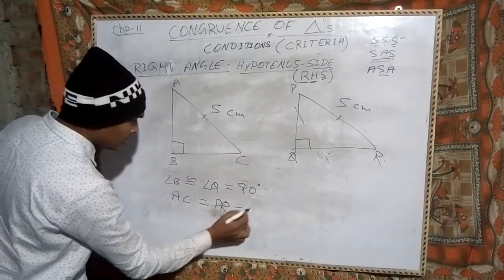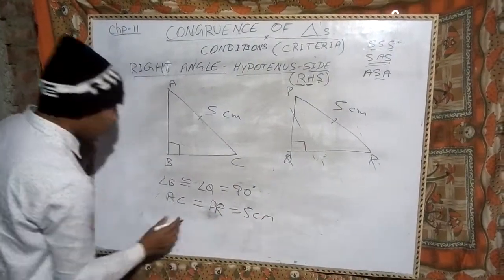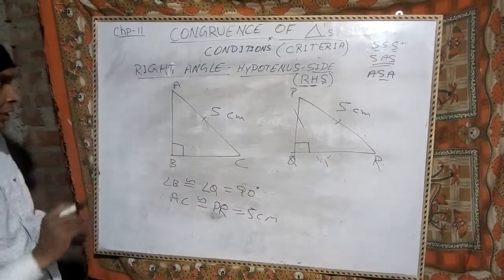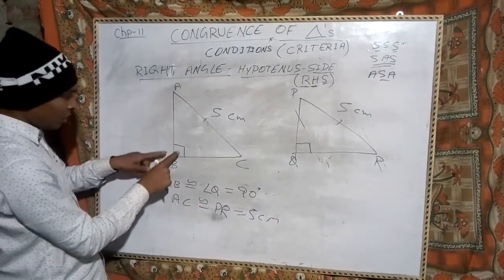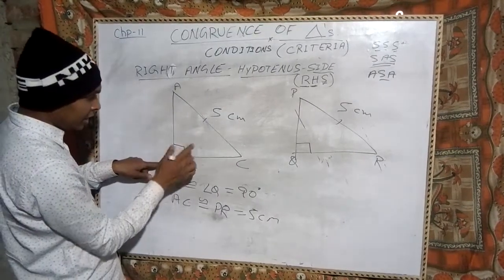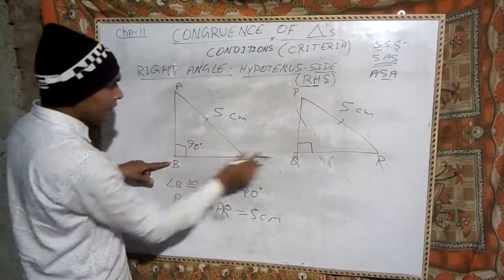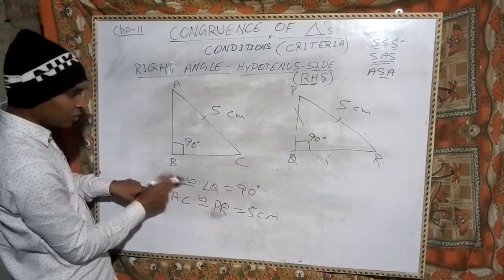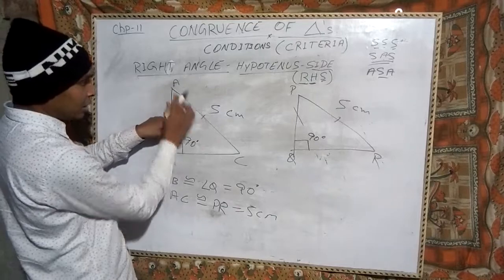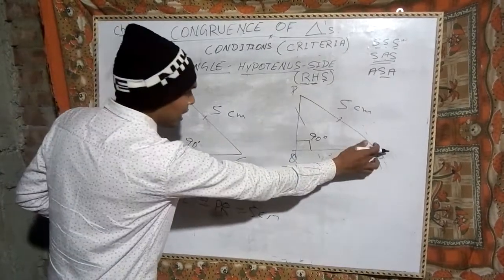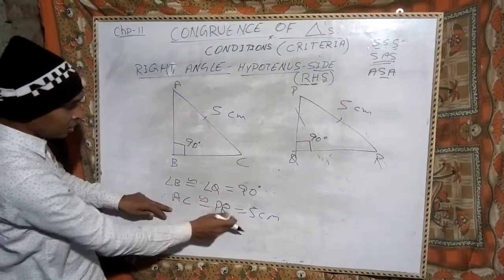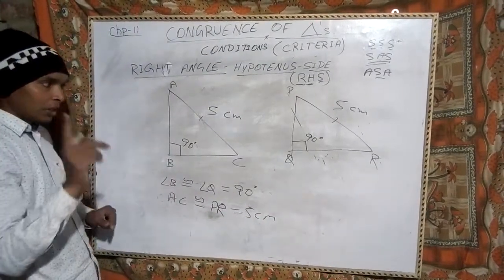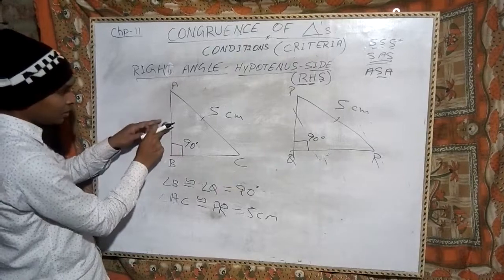Both are equal, 5 centimeter, which means both are equal and similar. So the true criteria is here. First, angle B is 90 degree and angle Q is 90 degree, both are equal, which means similar also. Hypotenuse AC and hypotenuse PR are both 5 centimeter, equal, and one another side, either this or this,